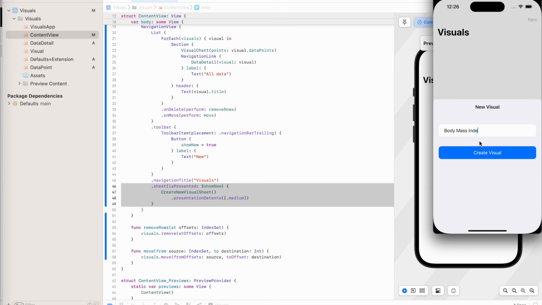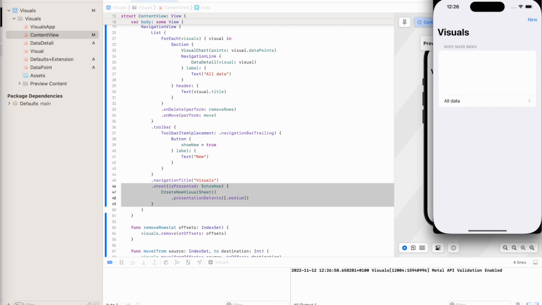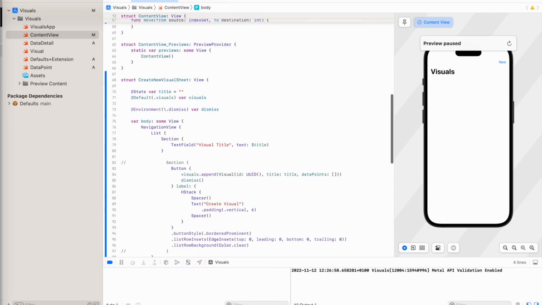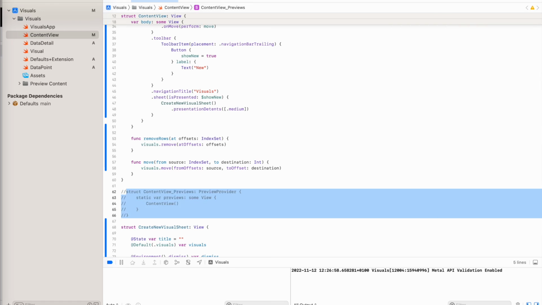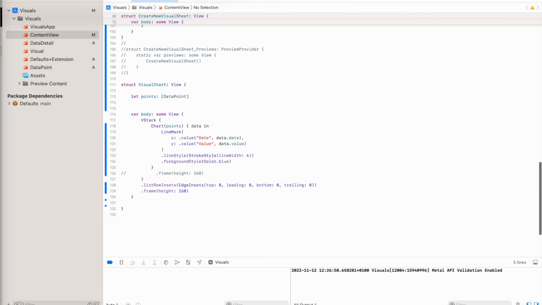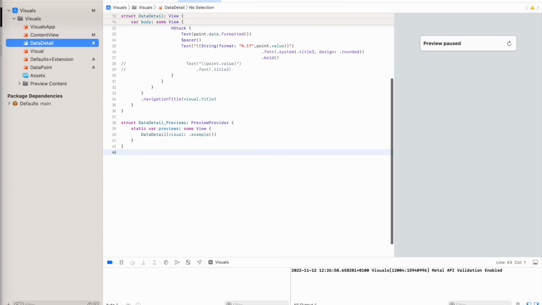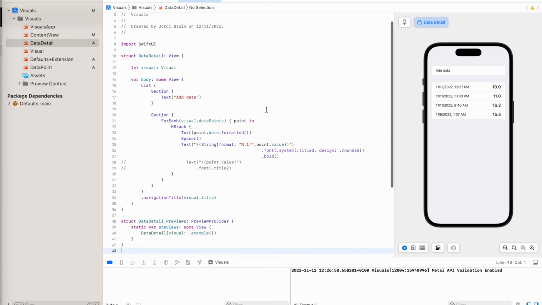just type some fake data, create visual, and there you have the data. And right now it's empty because there's no data in there. If you click on all data, you see there's no data, but right now there's no way to actually add data. So that's the last step. And once we do that, we can actually use the full app. And that's the point where you stop and just play around with it first to determine,